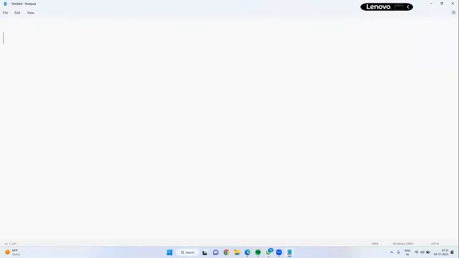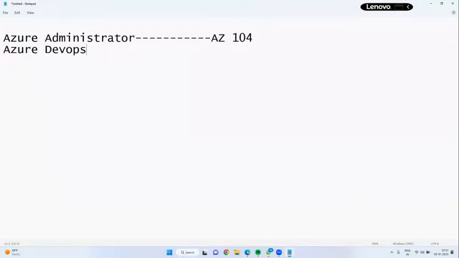The main ones I can suggest: the administrator certification paper is AZ-104. Next, Azure DevOps. Azure Administration, Azure DevOps. The Azure DevOps certification paper is AZ-400.